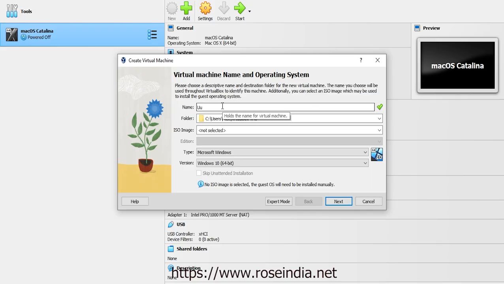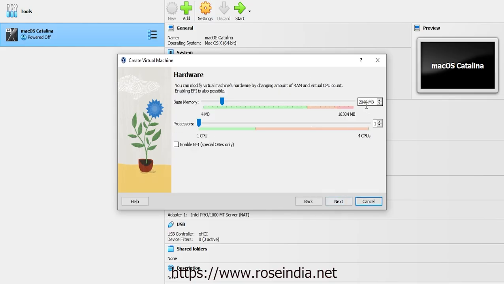Type Ubuntu 24.04.1 and click Next. Then I am going to increase the RAM to